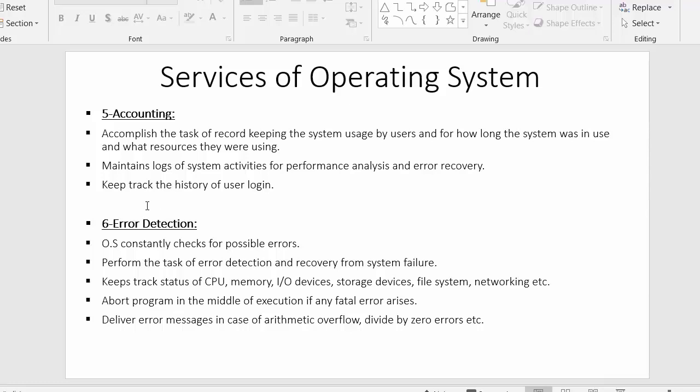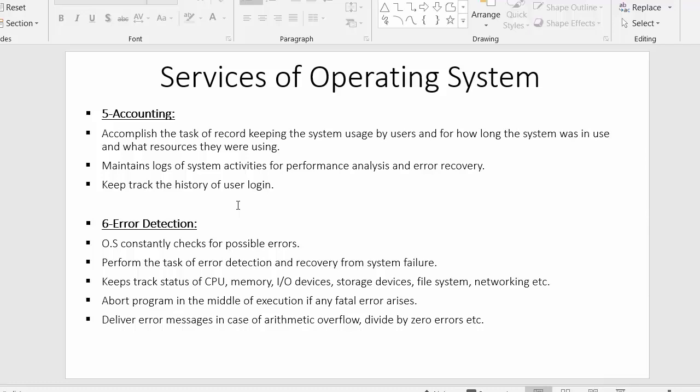And the last point is to keep track of the history of user login. Along with maintaining logs of system activities, it also maintains the history of how many users were logged in to this system.